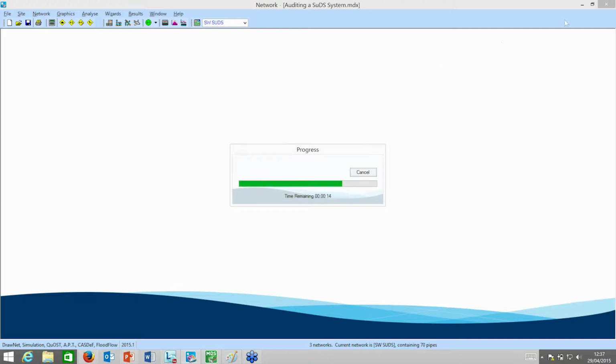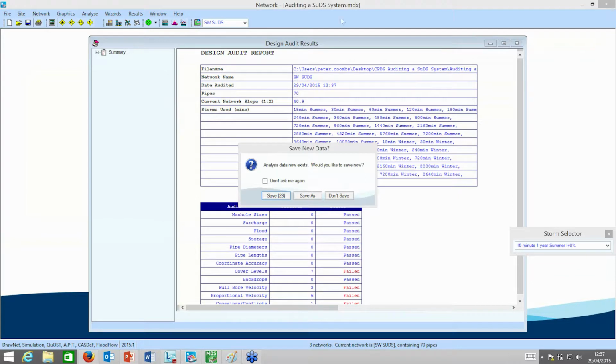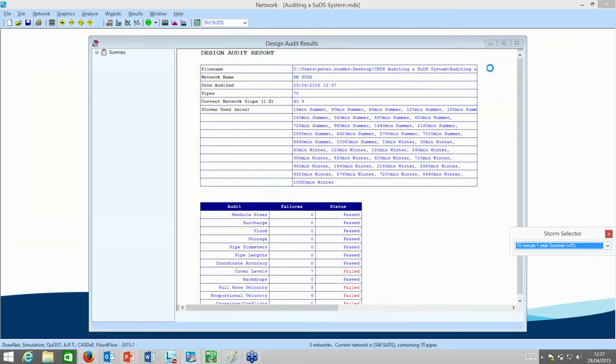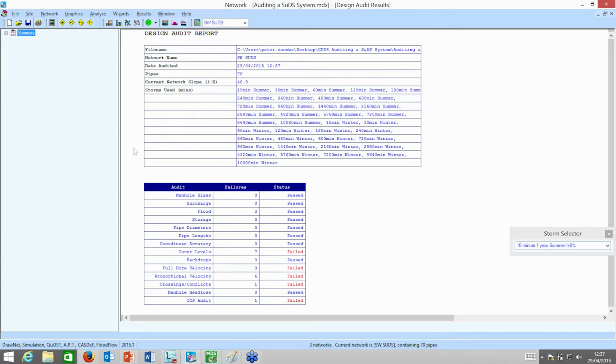When the results come back, we have a summary, so we can see all the hydraulic calculations and a summary of all of those different elements as well to tell us whether we've passed or whether we've failed. This whole process, I've been advised by the engineers that we deal with on a regular basis, that minute or two that seems like an eternity when you're watching a webinar, I'm sure, but this would take you about a day of your time on this size of site to go through and run individual simulations and do a comparison to identify the critical storm durations for each of the